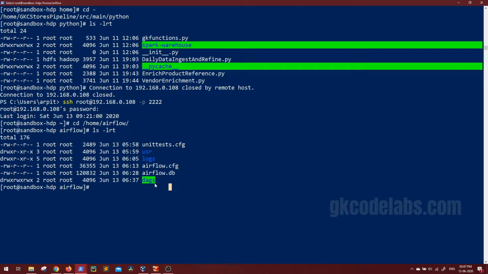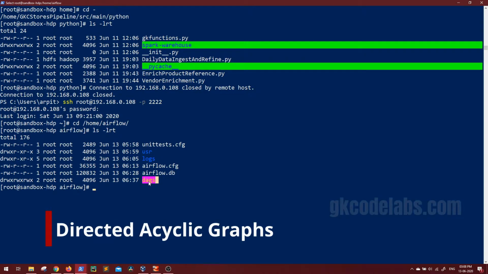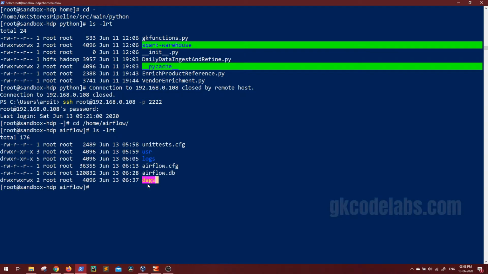The important thing to note here is the DAGs directory. This DAGs directory might or might not exist once you install Airflow as a new setup. All the Airflow jobs are executed as DAGs, that is directed acyclic graphs, and this is the directory that Airflow considers while reading all the DAGs available for scheduling and processing. In case you don't have this DAGs directory, you can manually create it using mkdir dags. In my case, I already have it, so I won't run it. You can go inside this, and right now you can see I don't have anything.